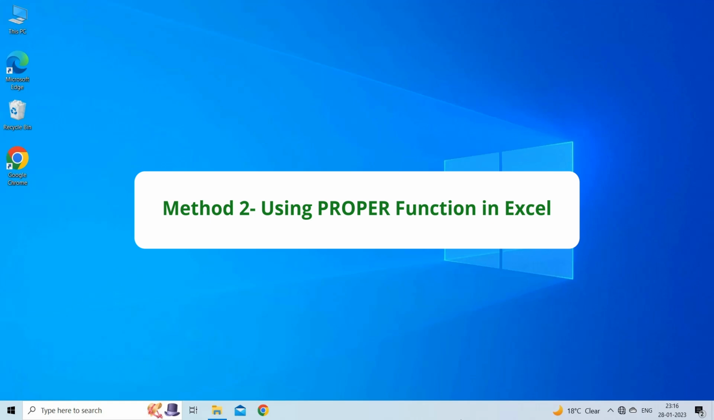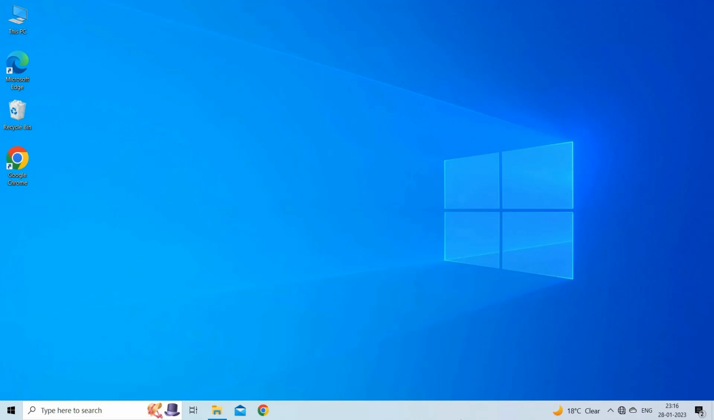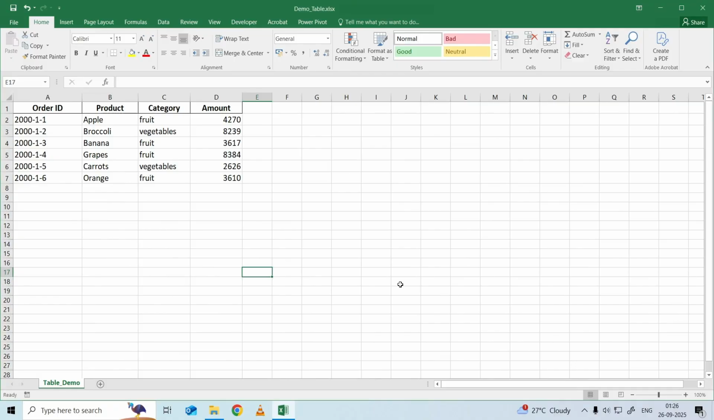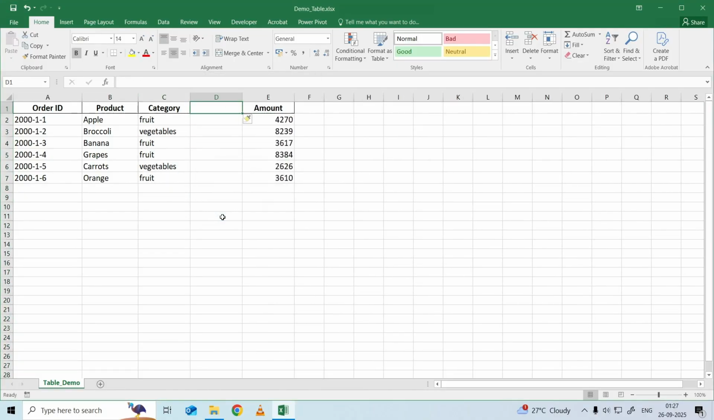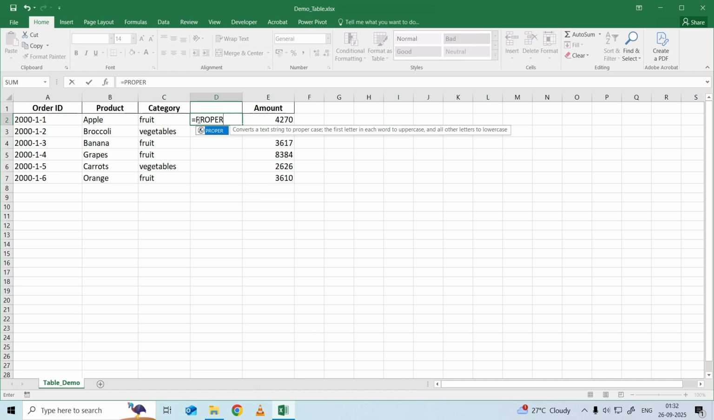Another method you can try to capitalize each word in Excel is by utilizing the PROPER function. To use this function, open your Excel worksheet and create a new column adjacent to the text you want to capitalize. In the first cell of the new column, enter the following formula, equals PROPER(A2), assuming the text to be capitalized is in cell A2. This formula will capitalize the first letter of each word in cell A2 while converting the rest of the text